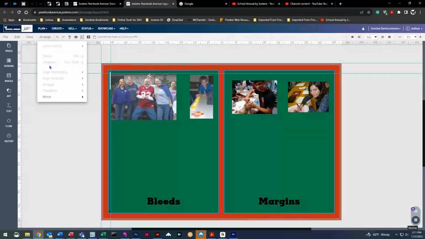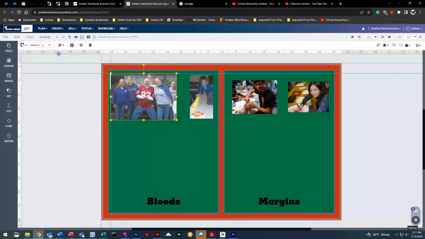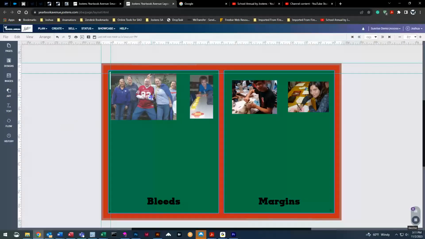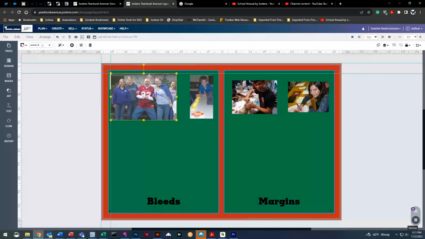Next, we have Arrange. And here we can do a number of different things under Arrange. The first thing we can do is lock and unlock. You can also come over to the right. You will see a padlock, and same thing, you can lock an image or unlock an image. Sometimes you may line some things up and you're moving some stuff around, so in order for things not to be misaligned or moved around,